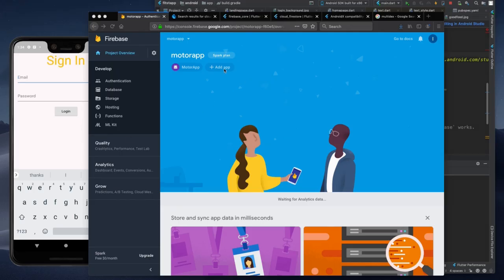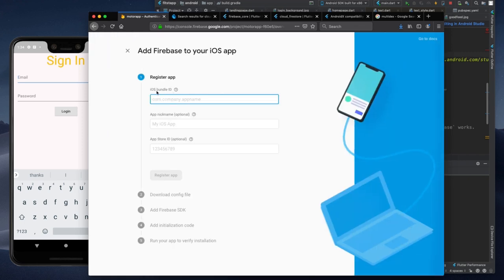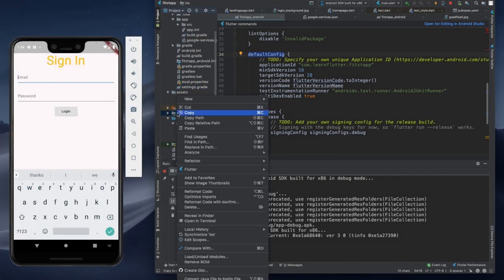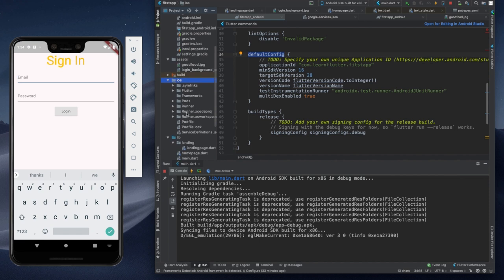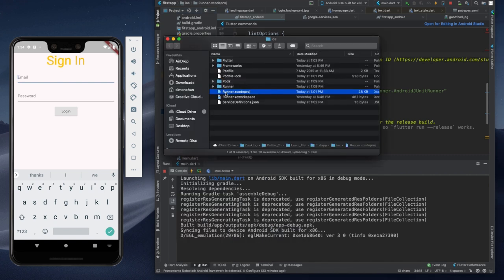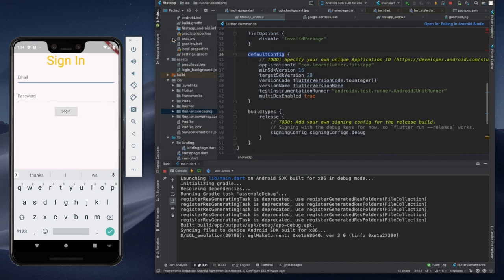After that, we are going to add our iOS app. Click the iOS and you see you have to enter the iOS bundle ID. It's a little bit tricky. We have to open the iOS folder and then you can find Runner.xcodeproj and you have to open it in your Finder and you can see the blue icon. Click the blue one and it will open up Xcode for you,